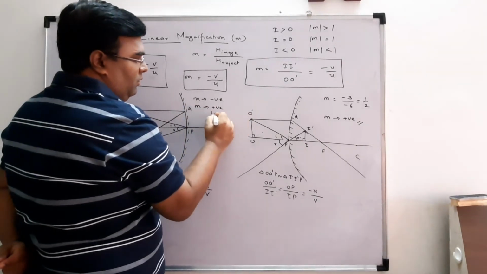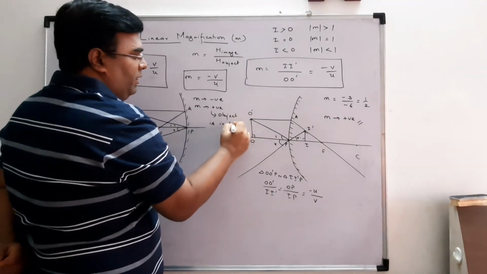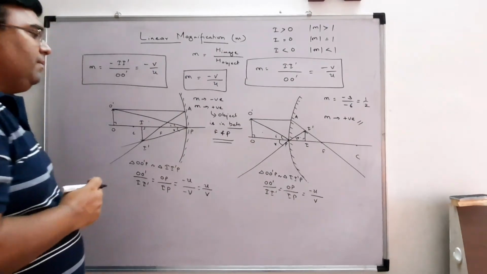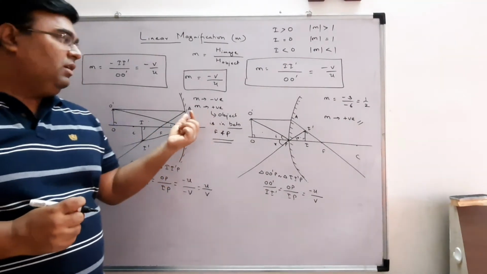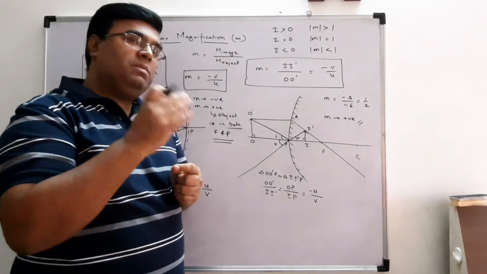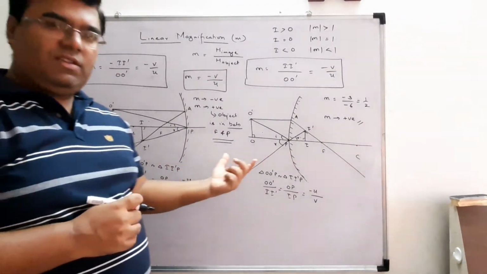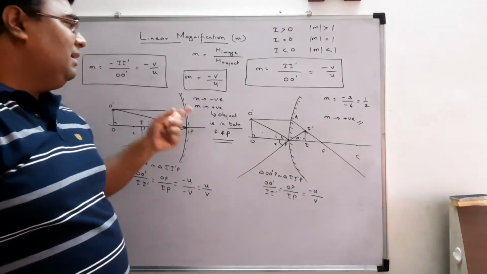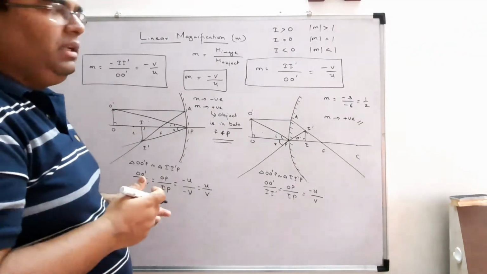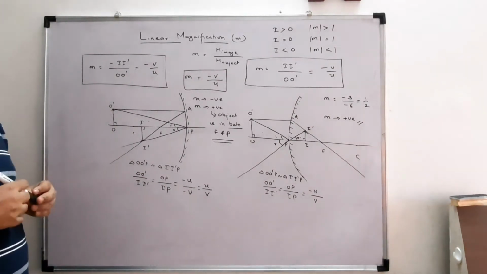When the object is in between F and P, only in that one case in concave mirror is our m positive. In all the rest of the cases we will get m as negative. So if m is positive given in the question, we can say that it can be a concave mirror or a convex mirror, but if m is negative, we can certainly say that it is my concave mirror, correct? So the sign of the m will tell you something about the mirror.